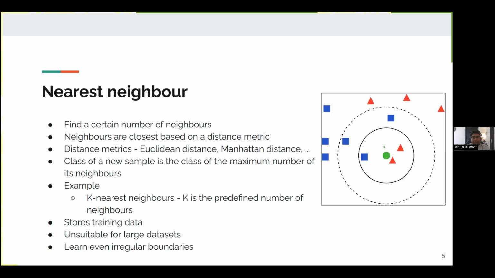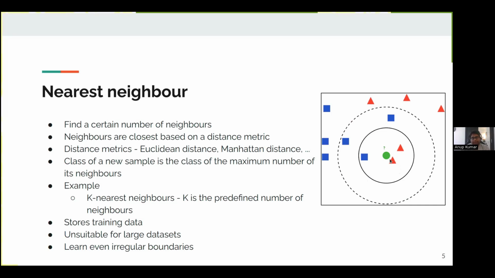If I follow a 3-nearest-neighbor approach, then of its 3 nearest neighbors, one is a blue square and 2 are red triangles. Since we have taken only 3 neighbors of the green point here, the class of the green point becomes